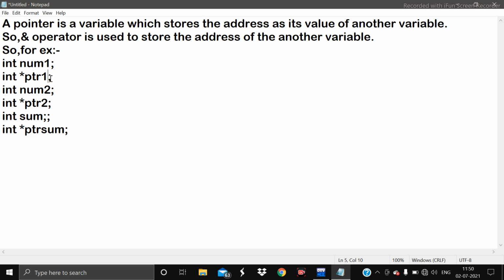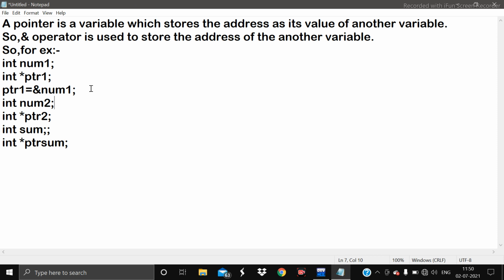Here we have the dereference pointer variables *ptr1, *ptr2, and *ptr sum. We have to store the address of num1 in the pointer variable ptr1. We can store it in this format: first write the pointer variable, then equal to, the address operator, and the name of the normal variable. It means that the address of this normal variable will be the value of this pointer variable.